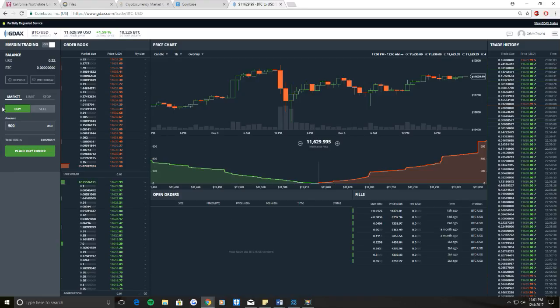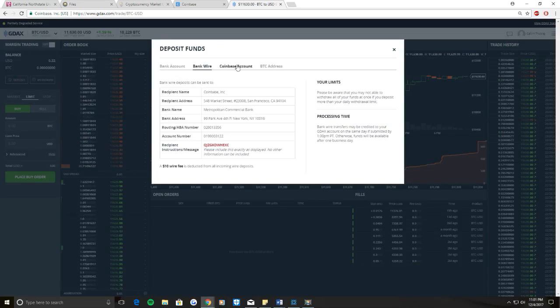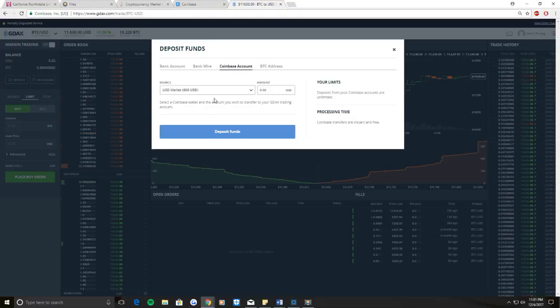Now to be fee less, no fees at all, go into limit, and if you do a limit buy, I'm gonna explain this to you guys, but if you do a limit buy, there's no fees here, okay? So first thing you need to do, because your funds are available, you need to deposit your funds. So go here to deposit, go to Coinbase account here, because this is where your money is, right? You have $600 here. I'm gonna pull, I don't think it's gonna let me buy 100, but I'll do 100 first. Okay, so we'll do 100,